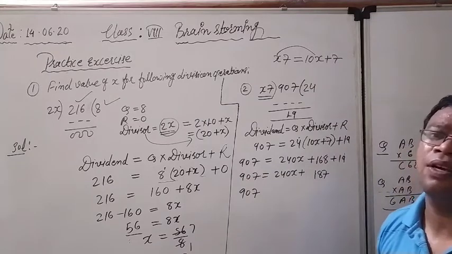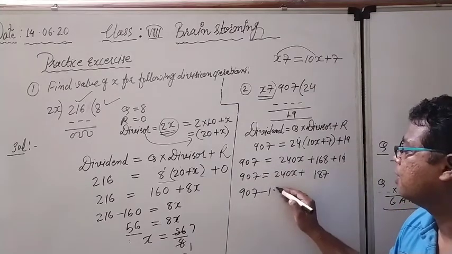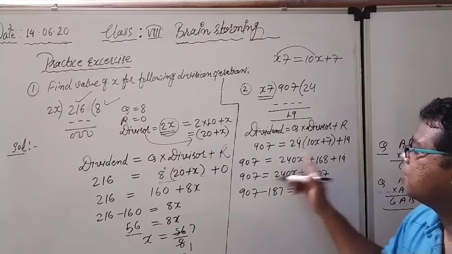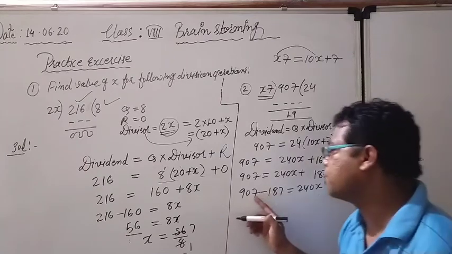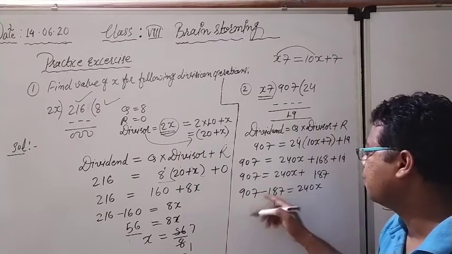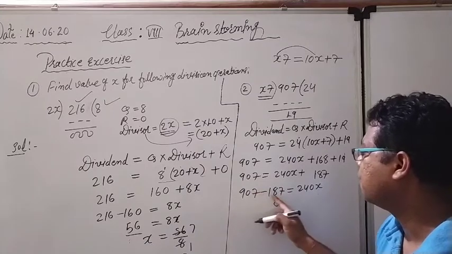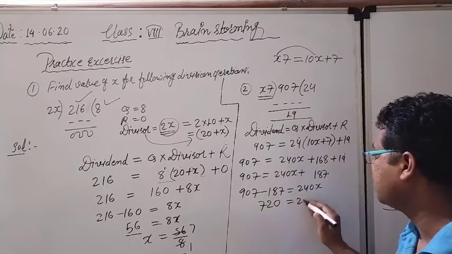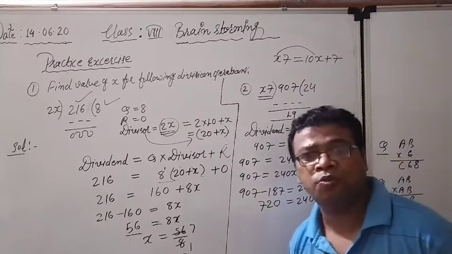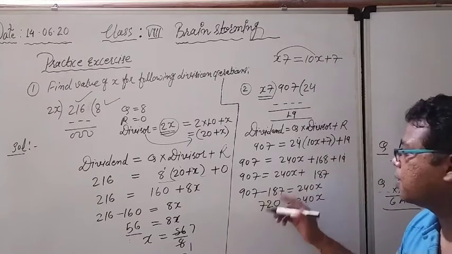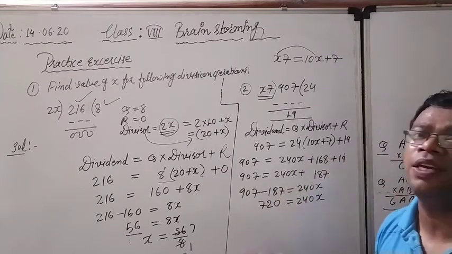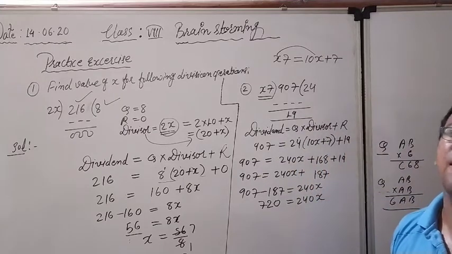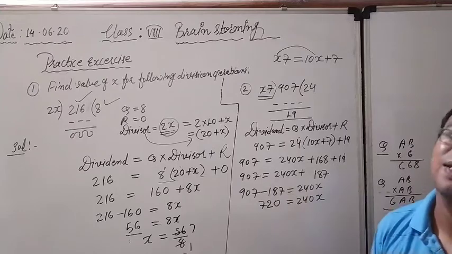Now right now see, because this is the higher number and this is the lower number, so that particular number I have to transfer on the left hand side, and it is converted with the negative sign. 240x is equal to, 240x is the same here, 187 is going there, minus 187. After that you subtract: 7 minus 7, 0. 0 minus 8 means 10 minus 8, 2. And it is converted, 8 minus 1, 7. Anybody has any problem? I don't think any problem will be there, because we are solving the same thing. You can subtract separately, whatever I am doing here directly. But actually you should do it in the rough copy. Slowly, whenever you are in practice, you can also solve fast.